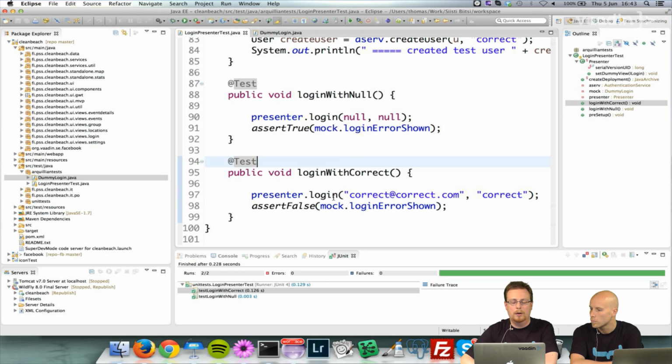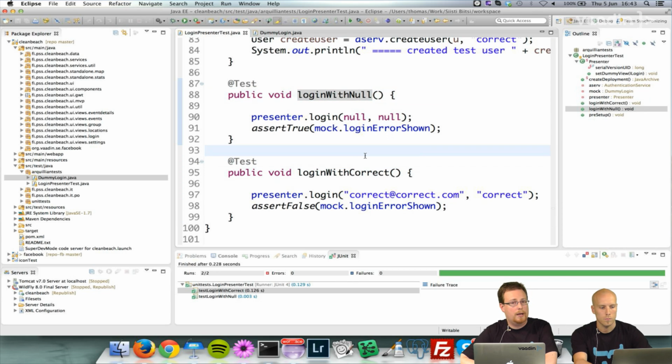And same thing here, we log in with the correct credentials, then I can make sure that the login error message was not shown. And of course, if my mock view had more code in it, I could check more things as well. But pretty much the same idea here. One test that takes null and one that takes the correct credentials, and make sure that those work.